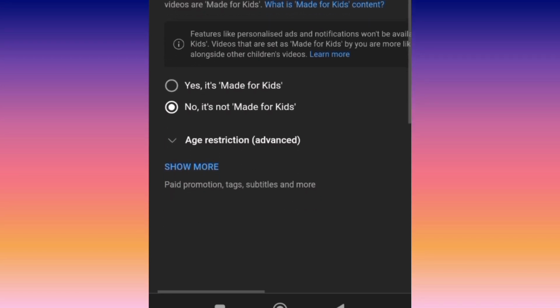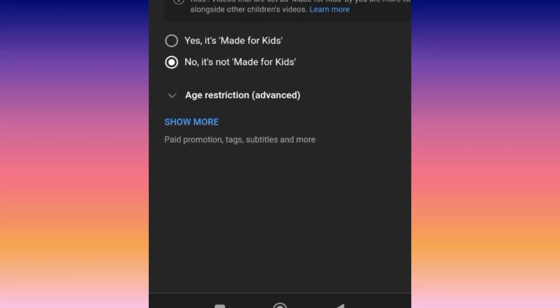So right here, I've chosen a playlist. If you come down here, you now see it says, yes, it's made for kids. No, it's not made for kids. Now, depending on the type of video or content that you create, if your videos are made for kids, like telling stories or singing lullabies, things that children will like and enjoy, you can go ahead and click yes, it's made